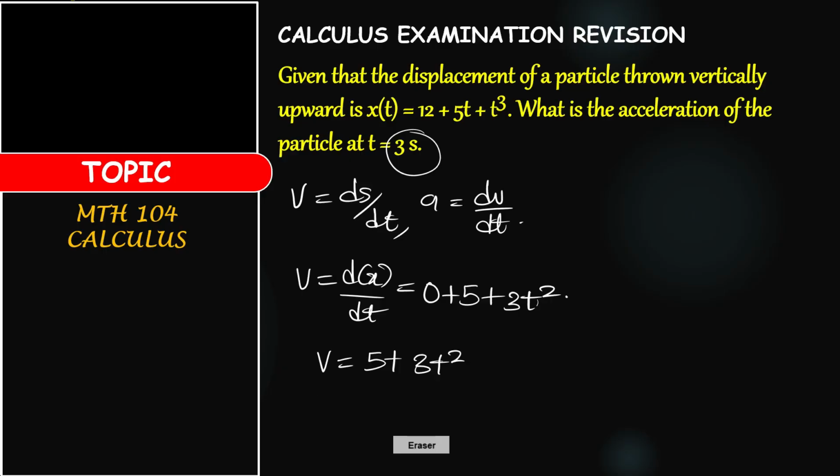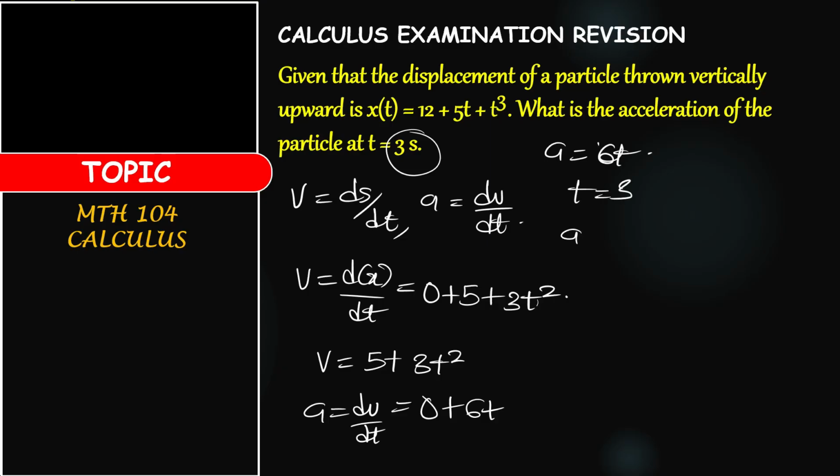The next case is acceleration. Acceleration is dv over dt. Now, differentiating 5 plus 3t squared will give us 0 plus, if you differentiate 3t squared, that will give us 6t. So our acceleration is 6t. Now, at the end of the day, at 3 seconds, so when t is 3 seconds, acceleration now will be 6